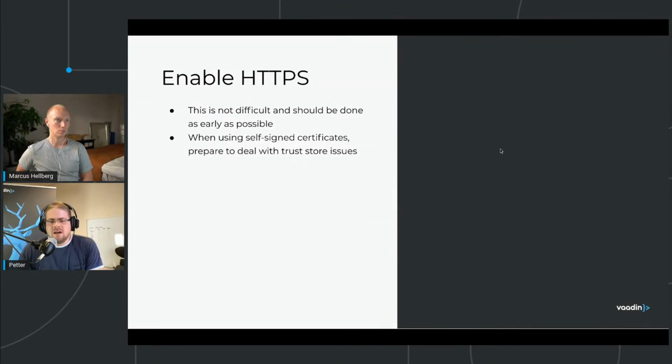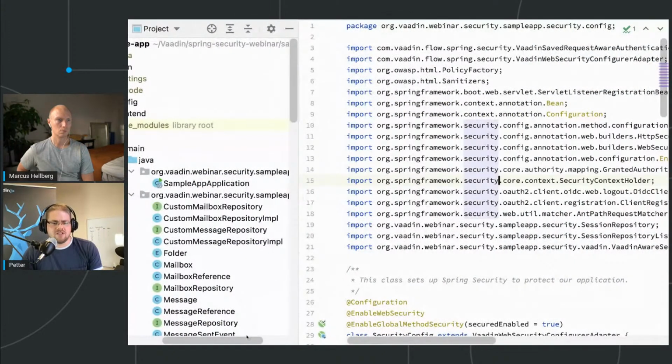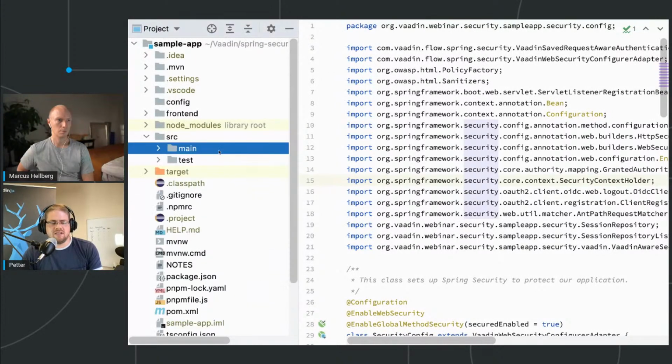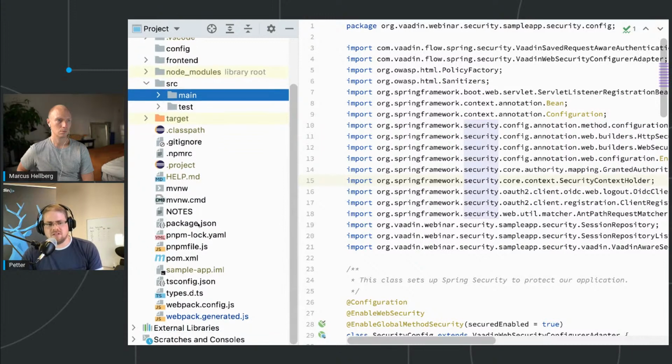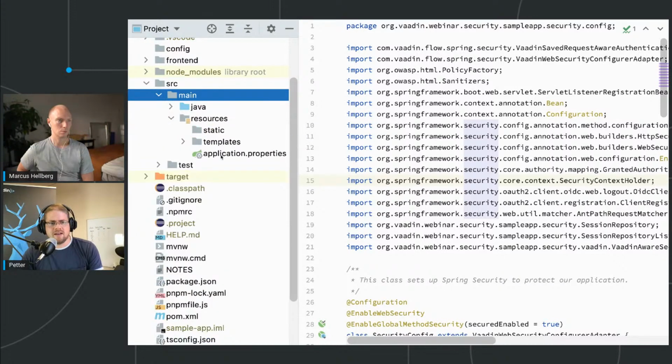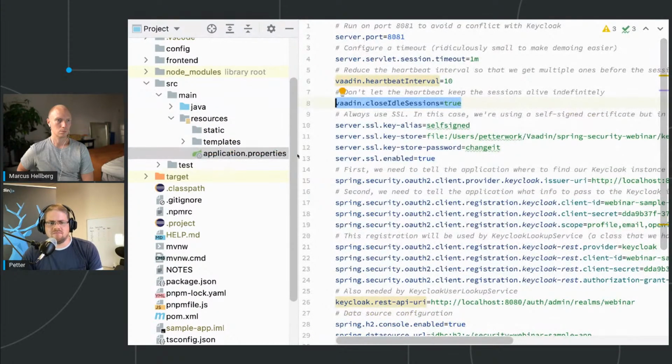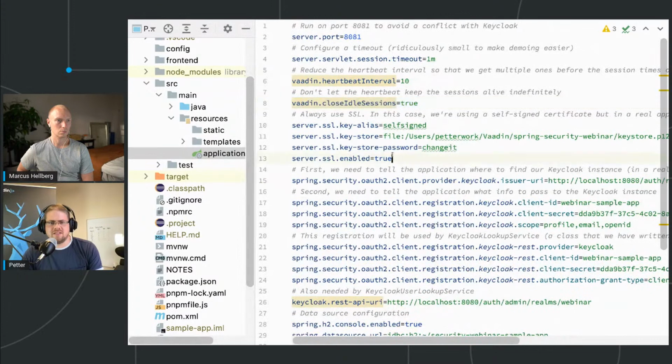HTTPS. This used to be difficult, something that you wouldn't do until the very end. Nowadays, it's really easy to do, so you should try to do it as soon as possible so that you don't forget about it. In a Spring Boot application, it's a matter of generating a certificate inside a Java key store. I'm not going to show you how to do that because the web is full of examples how to do it. And then we go back to the application properties file, and then it's these 4 lines that you